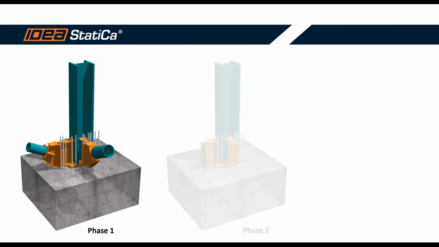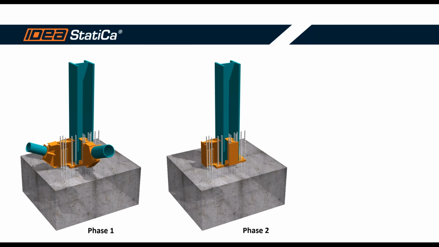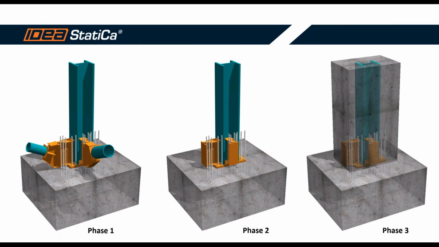In the second phase, these diagonals will be removed. And the third phase is the concrete column that will cover this steel column and the connection itself. So quite interesting and tricky